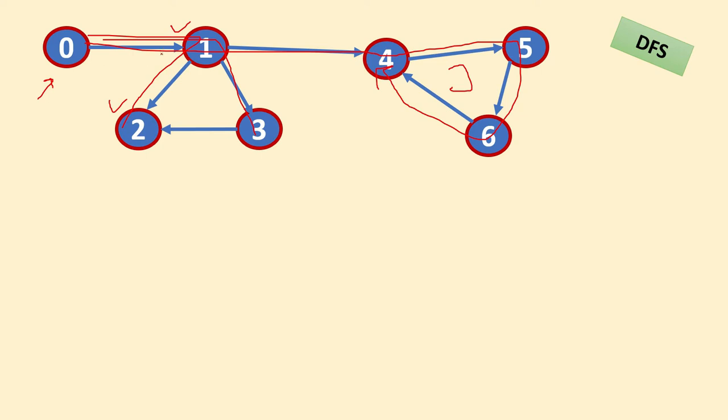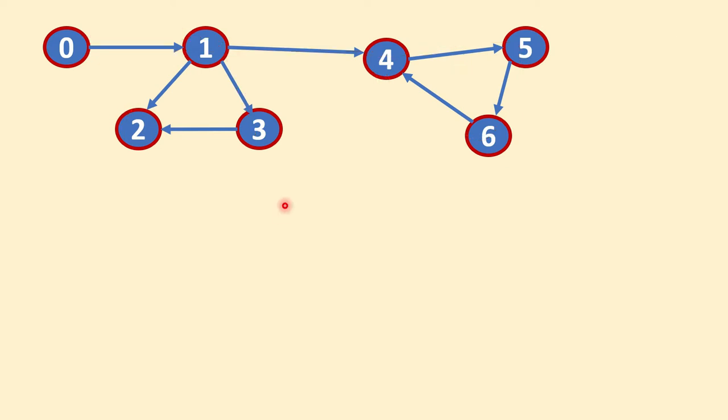If you check here, 0, 1, 2 is one path and 2 is declared as processed. Next time when I think about 0, 1, 3, 3 is also pointing to 2, but 2 is processed. But in this case, from 0 to 1 to 4 we went, then 4 to 5, 5 to 6, and 6 is pointing to 4. This 4 is a visited node. So if during a DFS I find a node which is visited, that means a loop is there. Now we'll check how to detect that. We will take help of a few sets, then it will be more clear.